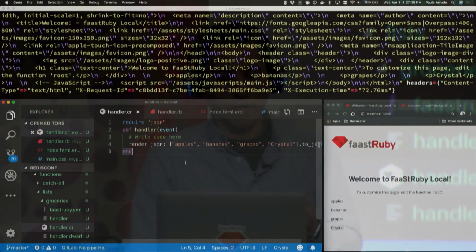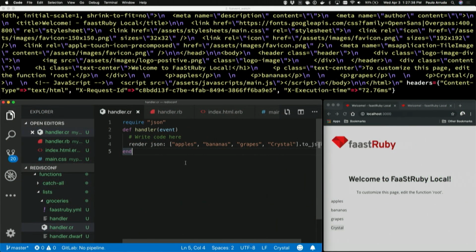What features of Redis are you using with that, and how much of that is Ruby? For that, I'm not really using Redis features to store that state. This simple architecture that I showed obviously doesn't cover that. But in the FaaStRuby platform, I was showing everyone at the beginning how you can call functions from within another function. Every time you invoke a function, it's just an HTTP request, and it gives you back a response, so you could just do multiple parallel requests.